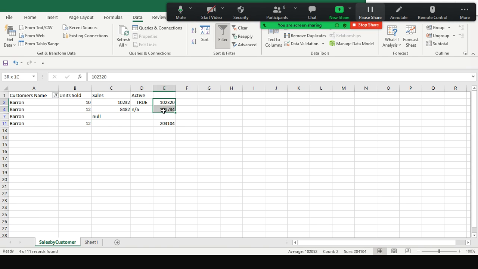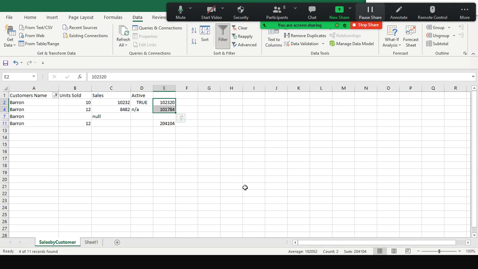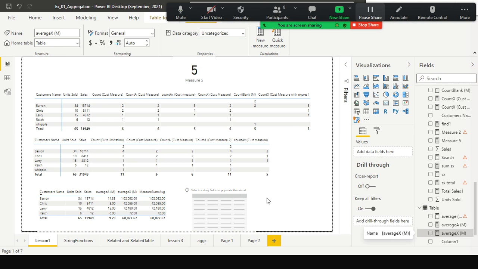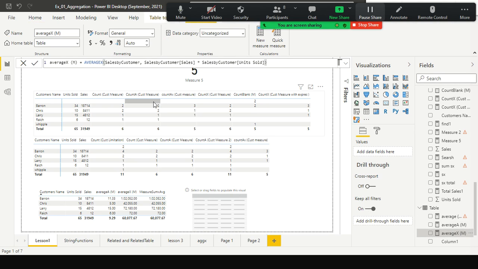The whole idea is we will have to check: 204,104, correct. 204,104 divided by 2, so 102. Sales into units sold. So for Baron, how did I get this one? Average X, correct.